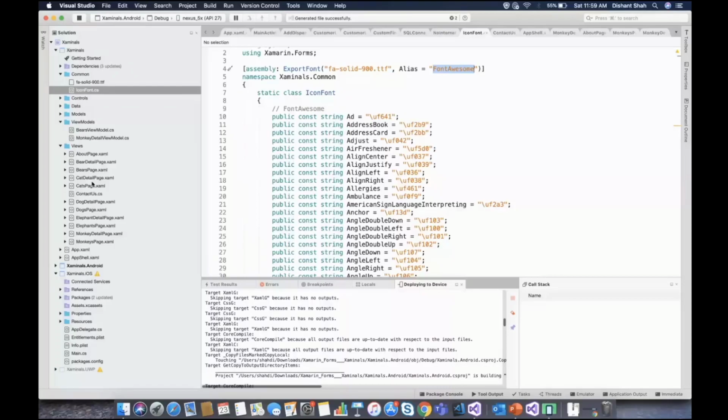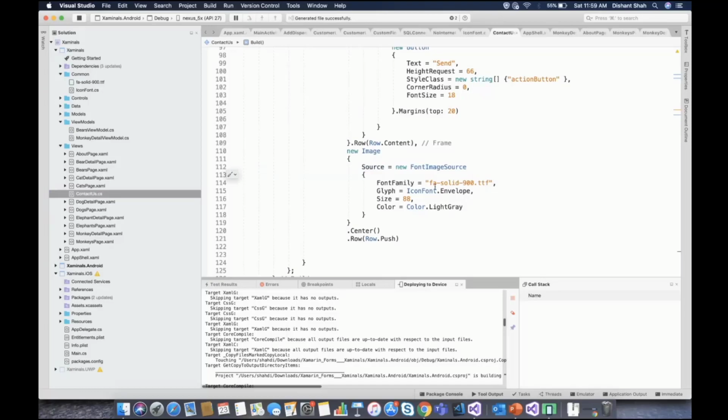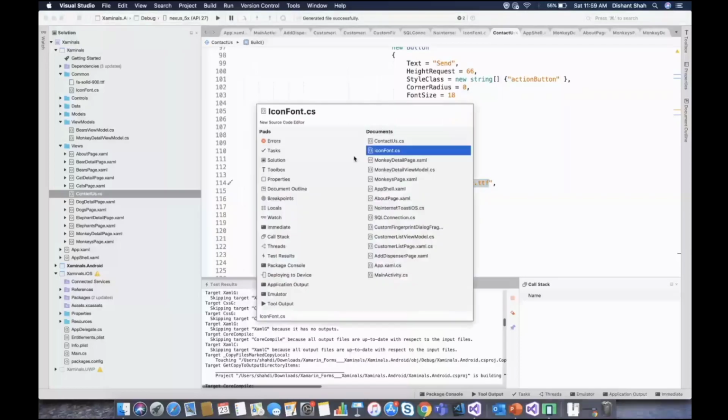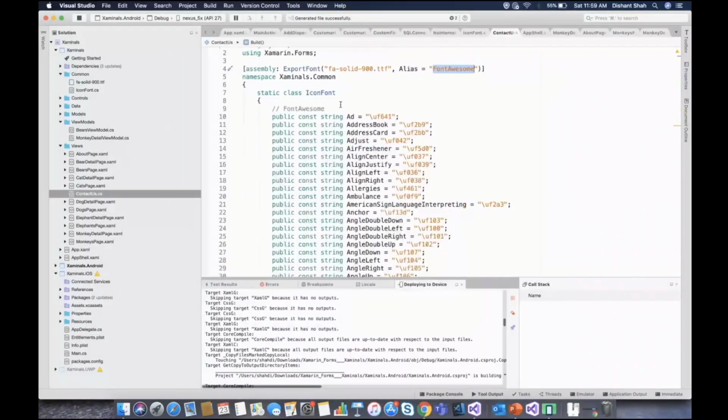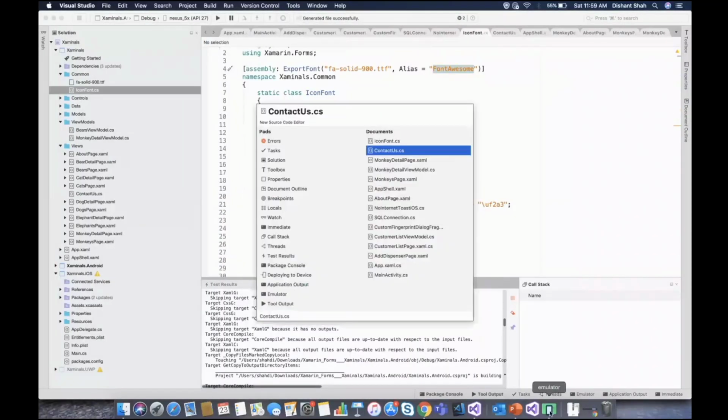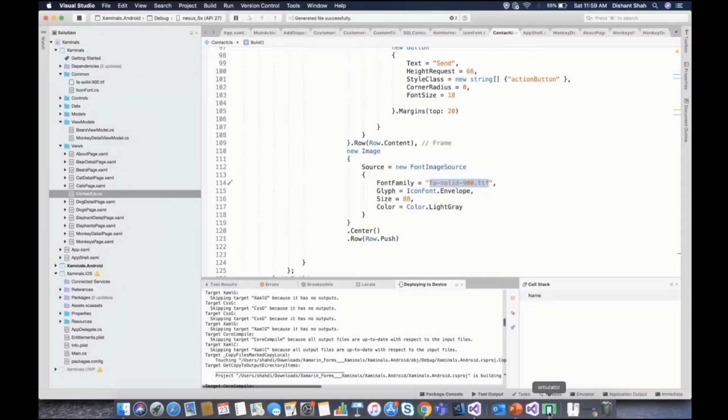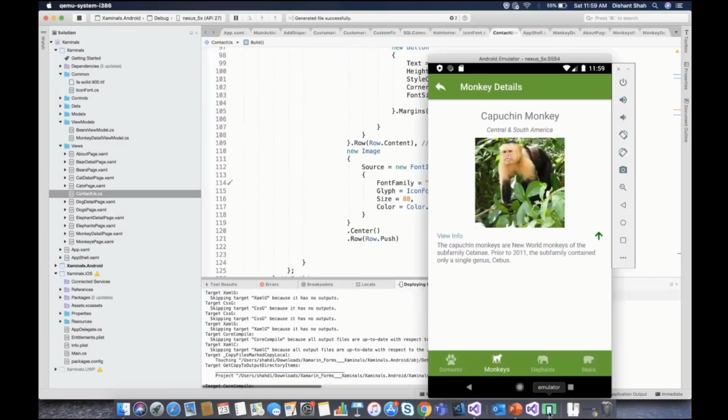Let me switch to my contact us page. I have set this font family. You can either set your entire font name, or you can just set it to font awesome. But let's just use this export font so that I don't have to run the application again. But even if you set font awesome, it will work. Let me show how this contact us page looks.